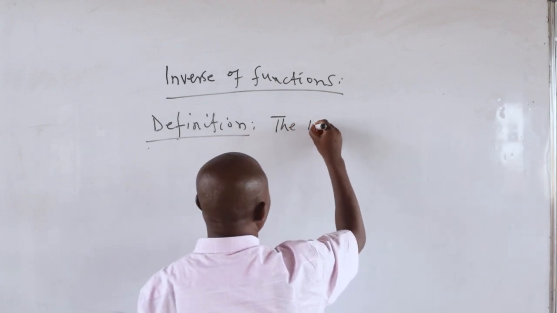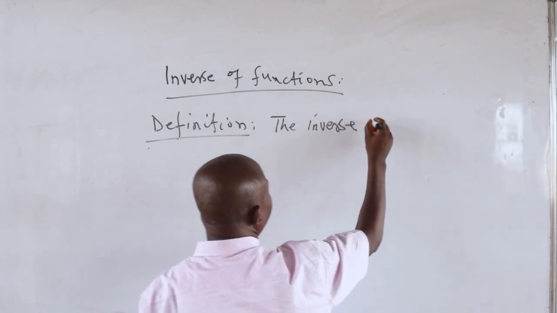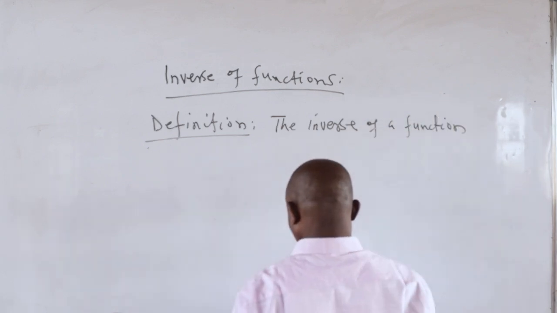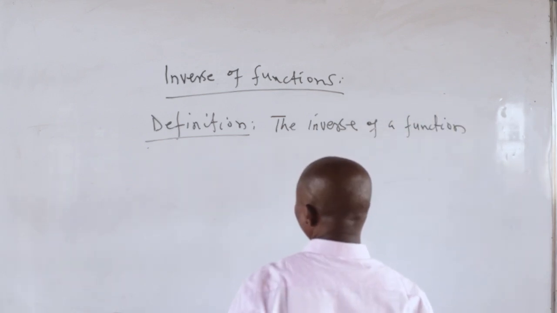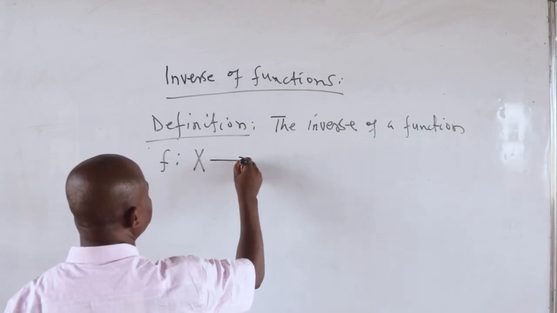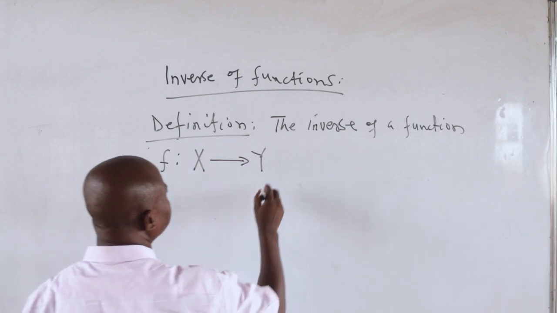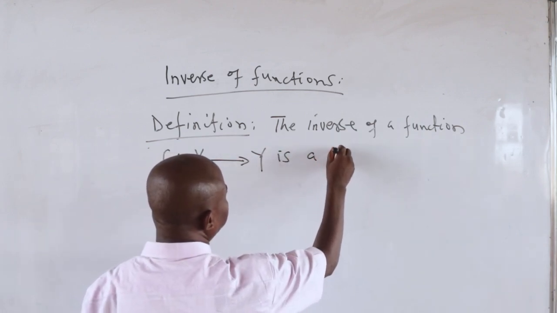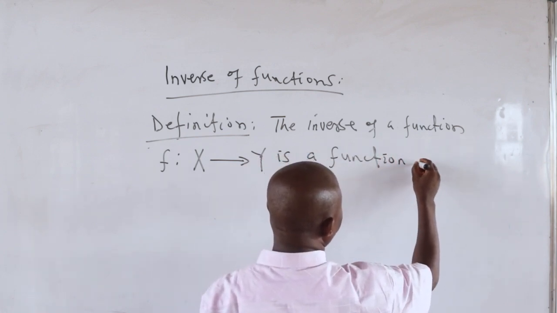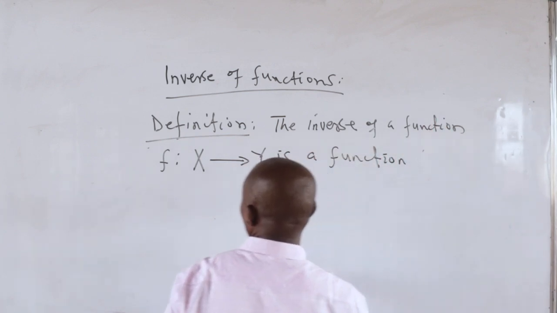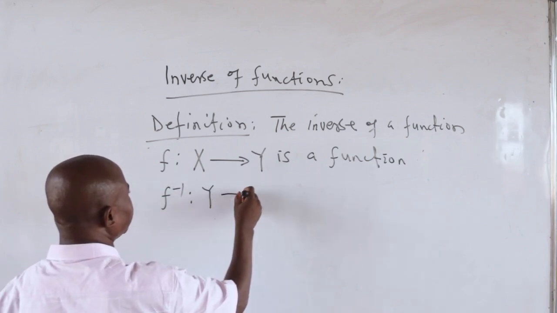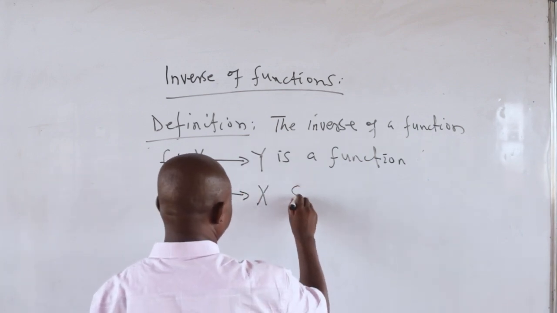The inverse of a function f defined on a set X into another set Y is a function which we denote by f⁻¹, and it goes from Y into X, such that